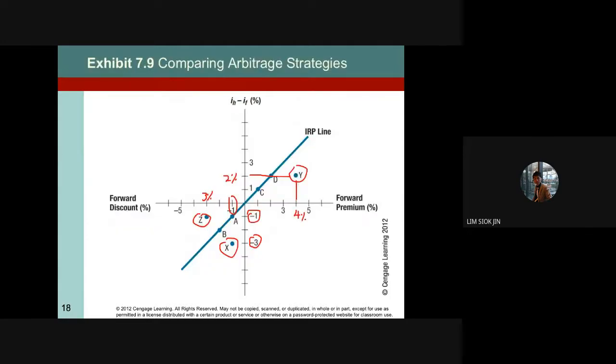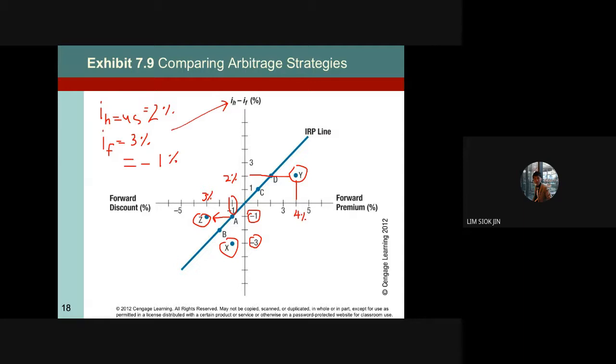See that? IH minus IF. If IH is IUS, US, let's say it is 2%, IF is a foreign country, is 3%. So if IH minus IF is equal to -1%. Right. So in that case here, you will see that there is -1 return. Means what? It means that